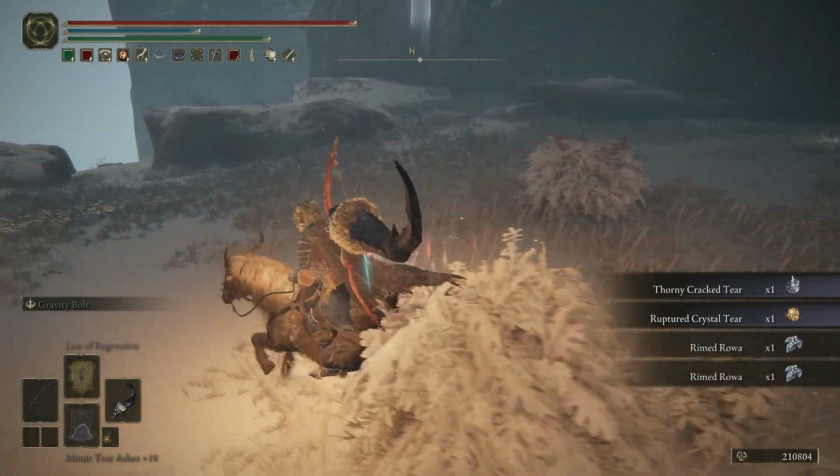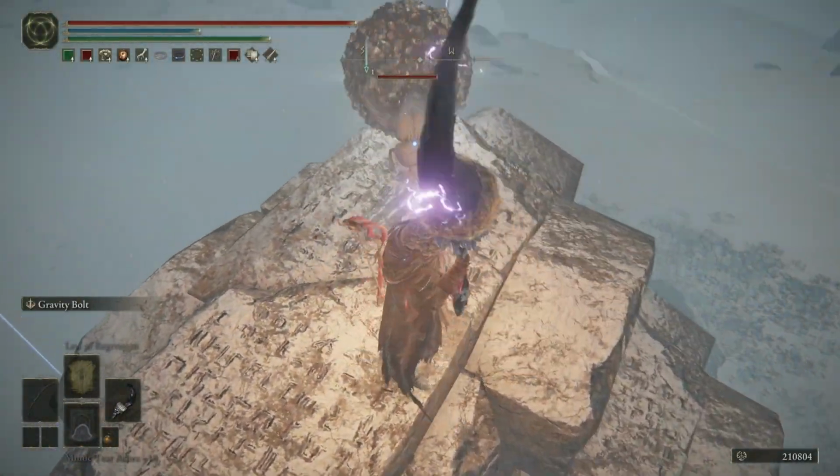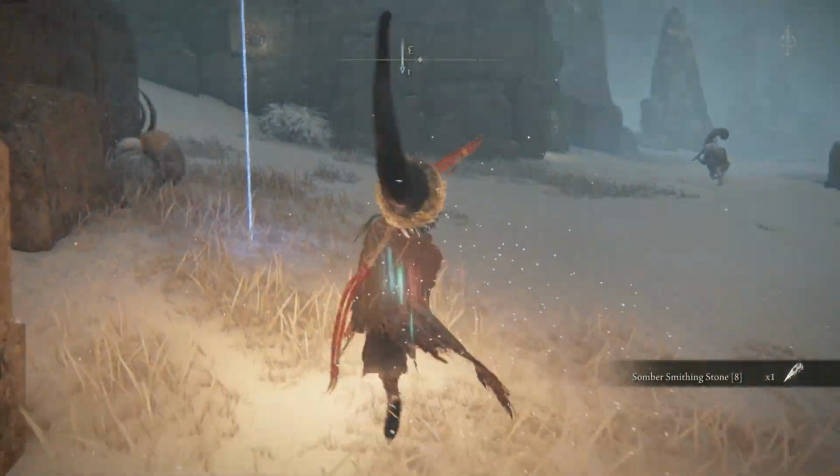Now let's move into the second tip. Now we're going to head slightly to the southwest, and on top of a few of these rock formations you'll see some scarabs that we're going to take out. Whilst we're dealing with them to collect the Somber Smithing Stones that they have to offer us, I'd just like